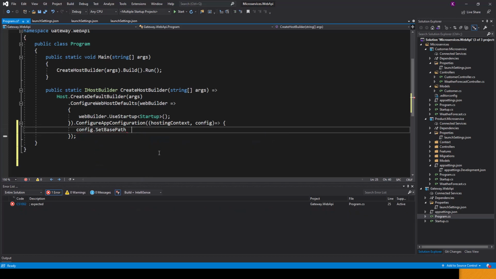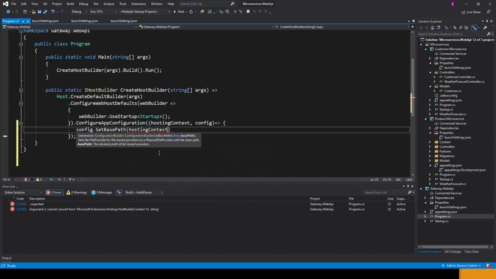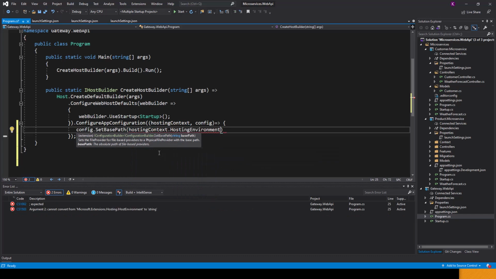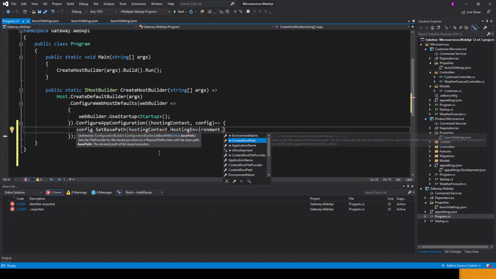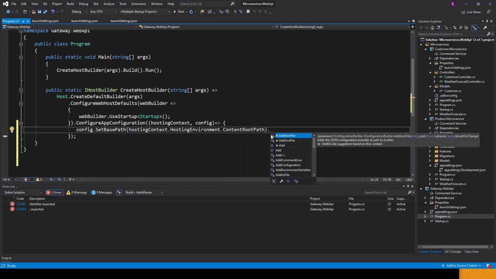SetBasePath, using this hostingContext object that you are passing. HostingContext has got a HostingEnvironment, HostingEnvironment dot ContentRootPath, and to this entire thing, SetBasePath, we can add a JSON file. AddJsonFile